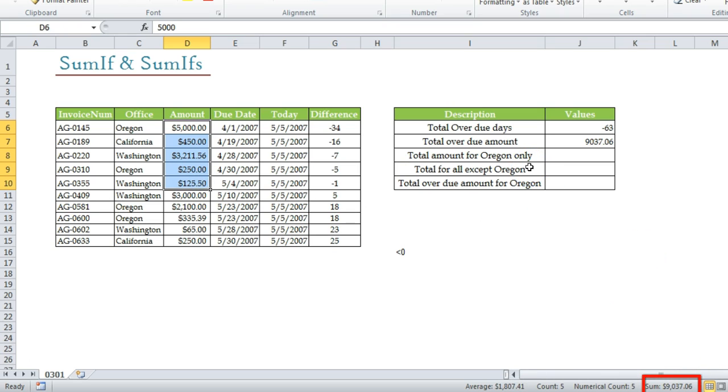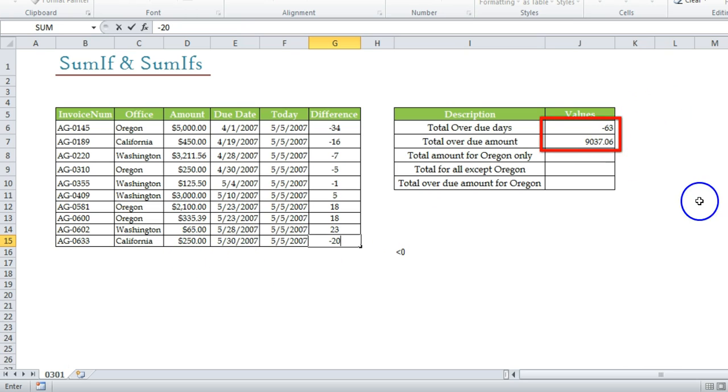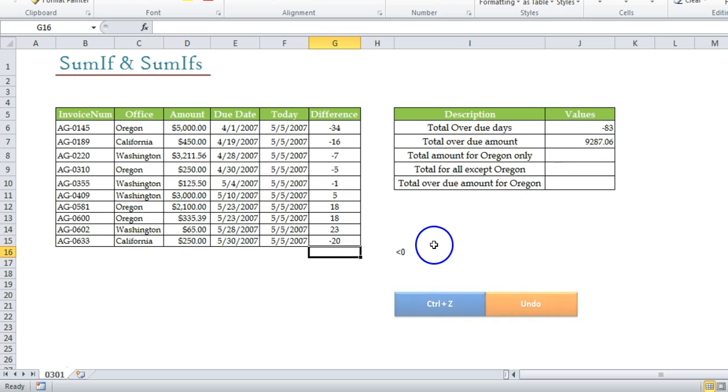Now let me show you one thing. Let me try to audit this formula. If I change any positive number into negative, let's say minus 20. Okay. So you can see that it will take up $250 in total automatically. If I press enter, here we go. It has taken it, and even this answer is also changed and added 20 because it is negative. So let me undo it and we are good to go.